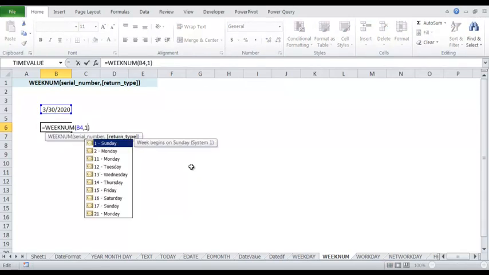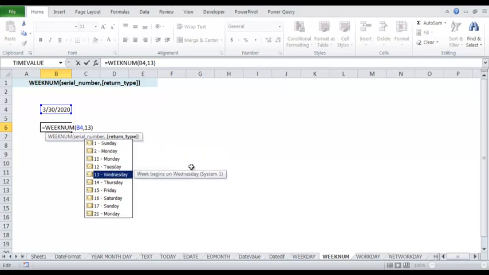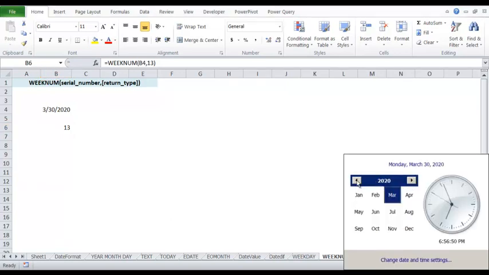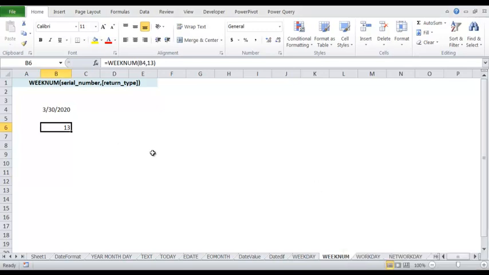If Wednesday is the first day of the week, then 30th March is falling in the 13th week, because we have to see the calendar and then we can see January. See, January 1st was a Wednesday. So that's why this was the first week, and then we are in this Thursday. So we are in March 30th, which is Monday. It is in the 13th week. Right? So that is how it calculates.